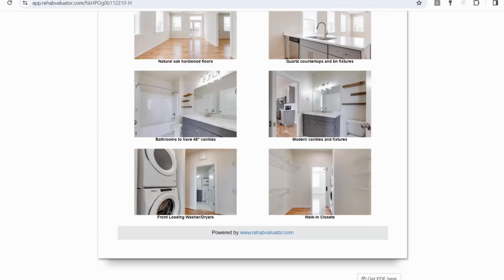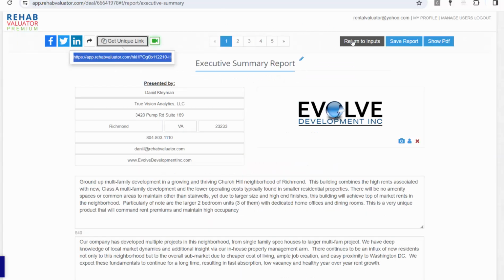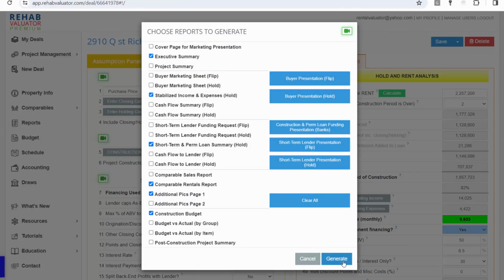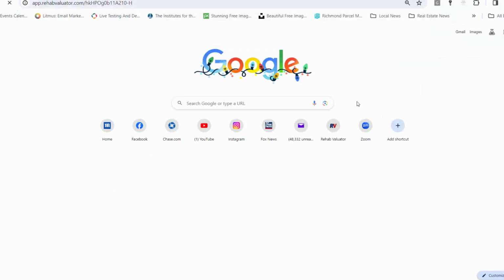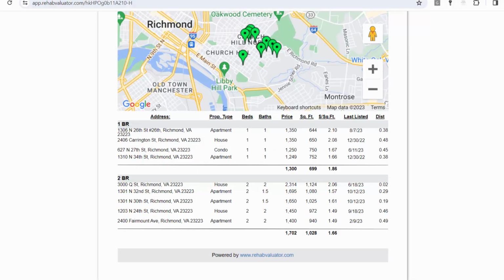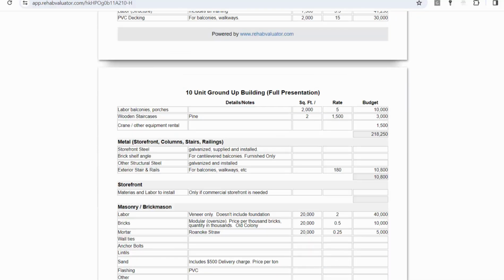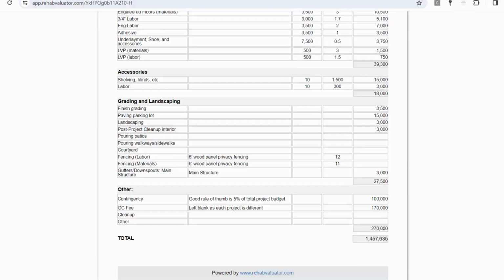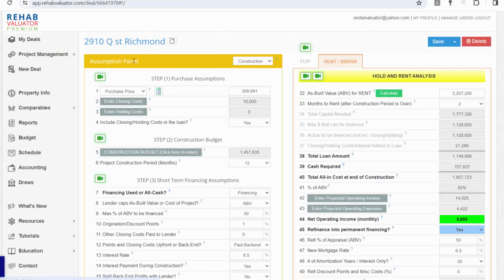and I look incredibly credible. And for bonus points, if you really want to blow your lenders away, you can itemize your construction budget, which I've done here. And now when your lender sees this presentation, not only are they going to see what I just showed you, but they're also going to see an itemized construction budget. This makes getting funding a breeze from our lenders,